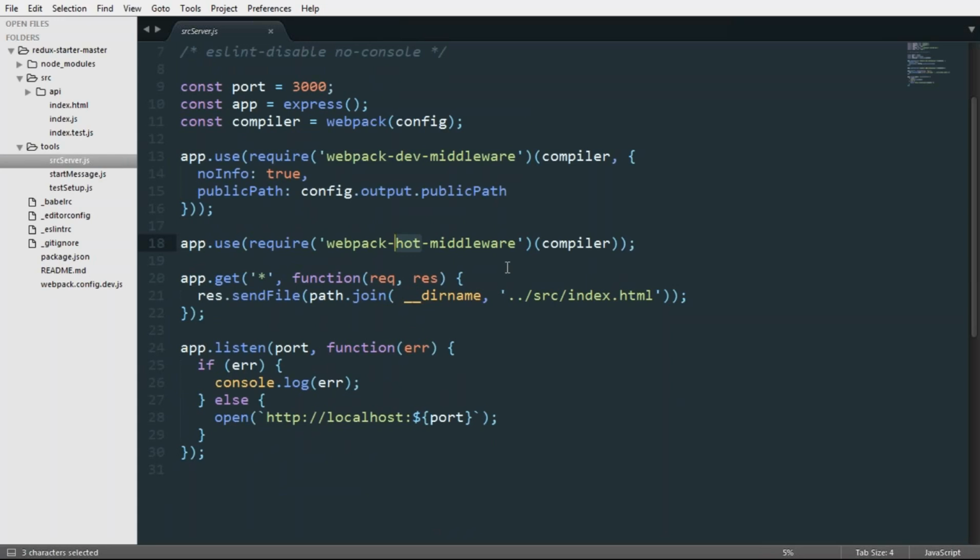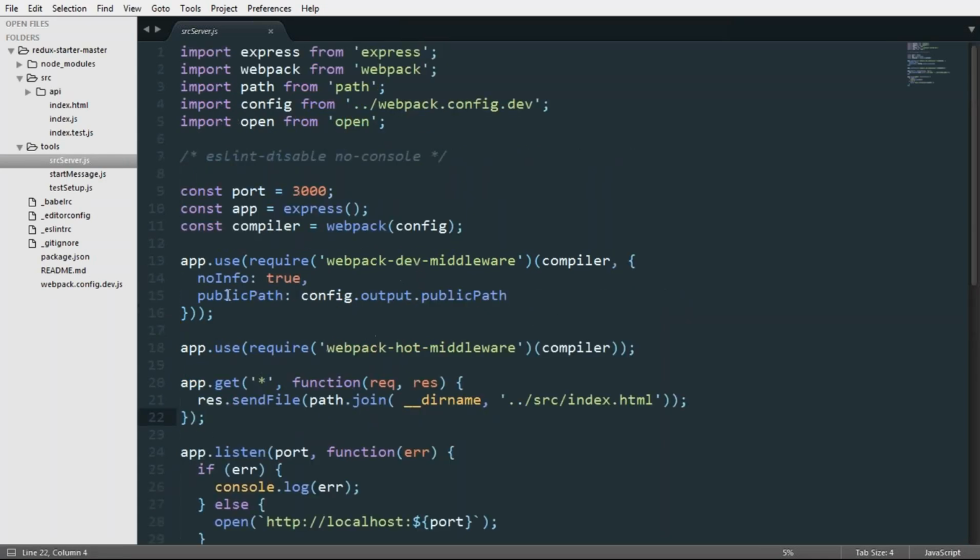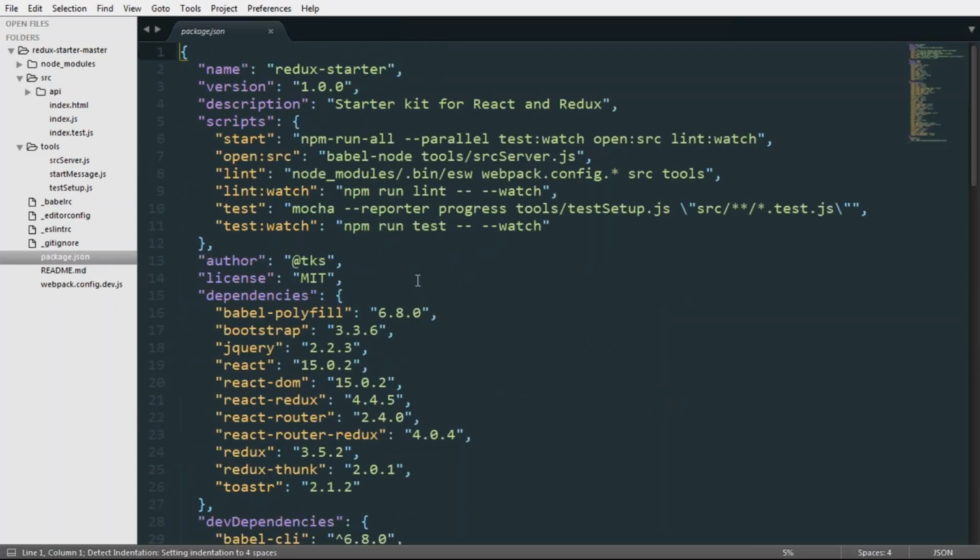So whenever you are changing some code, this Webpack hot middleware is reloading your browser, and you will be able to see the output every time. And whenever you are hitting a request onto the local server, I will be serving this index.html file, which is kept inside this folder. Now go back to package.json. Again we have lint:watch, which is actually running our linter task, which keeps watching whatever code you are writing. It is just applying the lint onto that. If there is any error in your code, then it will show the warning.